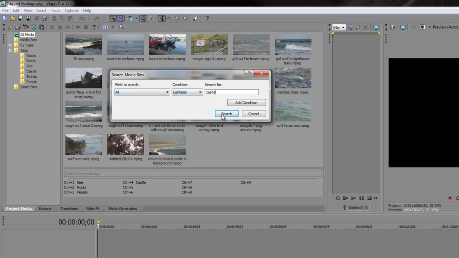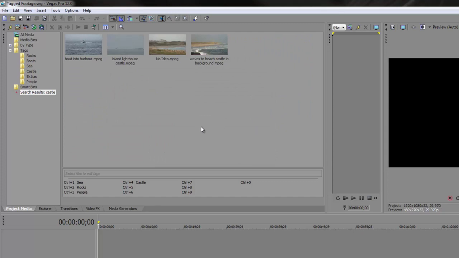And when I click search, it brings up 4 items. Now bear in mind my castle tag just had 3, but what this search result has done is it's found the one that was missing, the one that says Island Lighthouse Castle. So if I look at my castle tag, you'll see it's not there, but if I go to my search results, you'll see it is there. Okay, so it's found the one that was missing, and I've got a number of